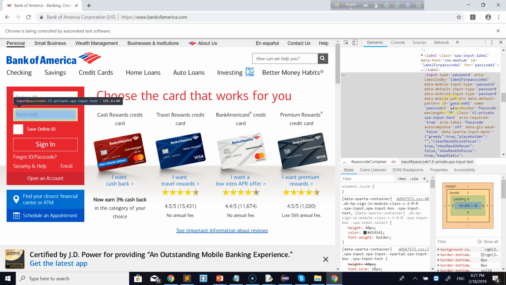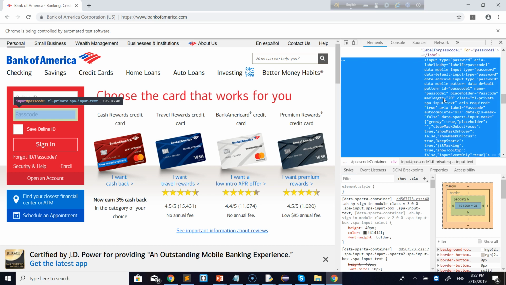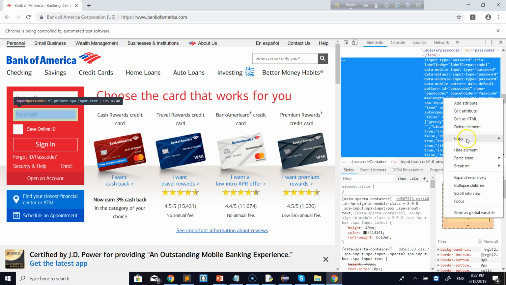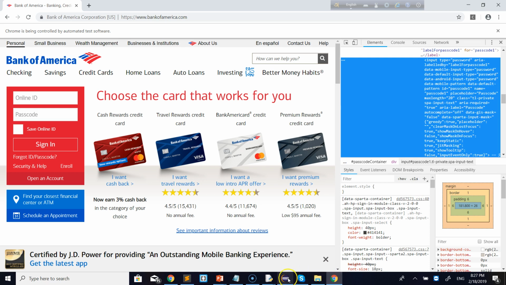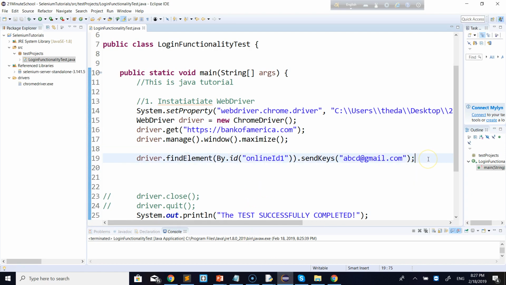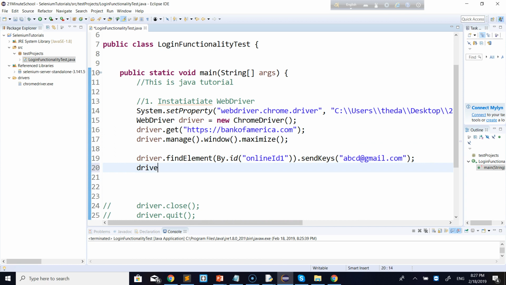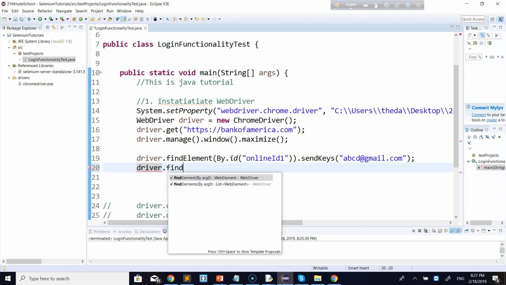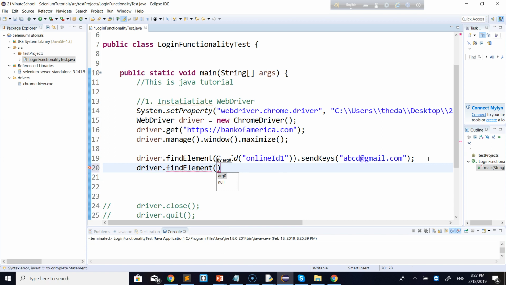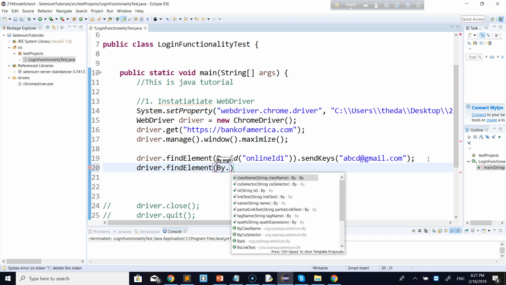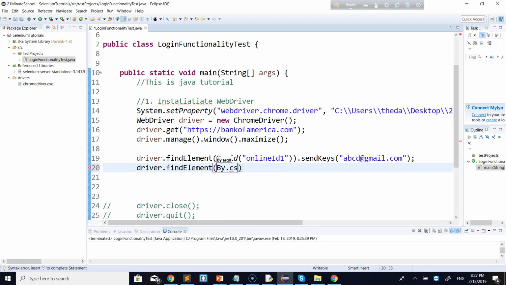What I can do in that case, if you don't find any element, just right button click, then take copy as selector or copy as XPath. Okay, anyone. Then just go back and tell the driver to find element again by what, by we took, I think CSS selector, right? CSS, right, again CSS selectors, and